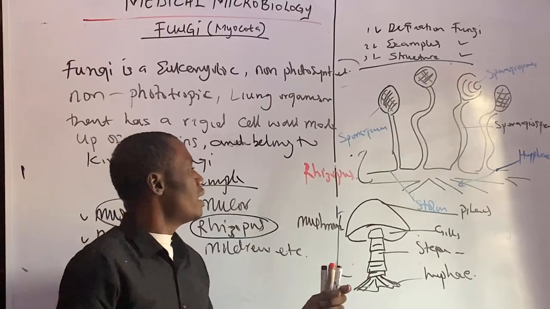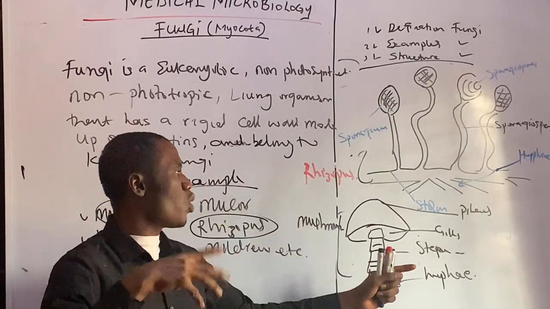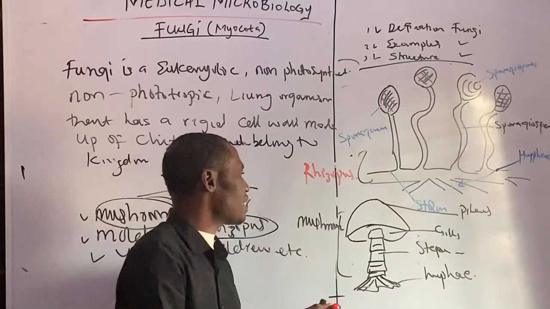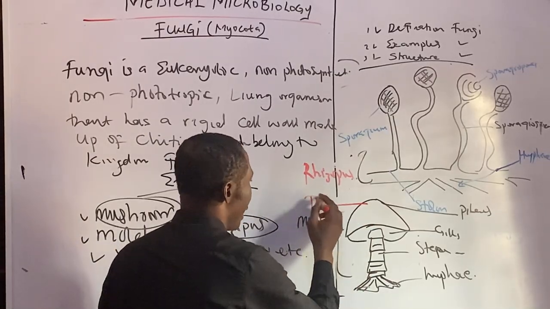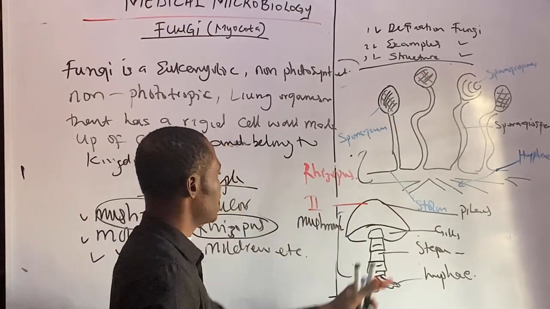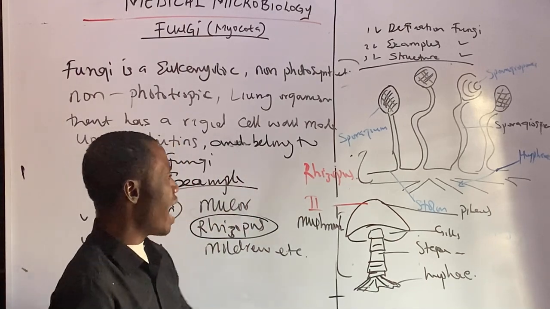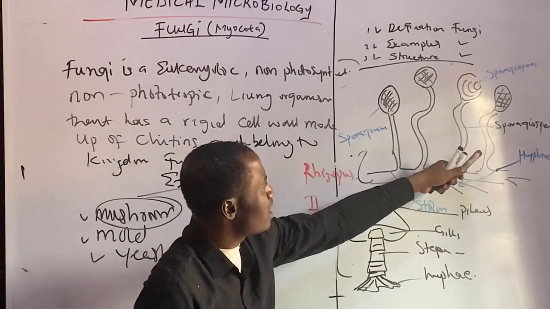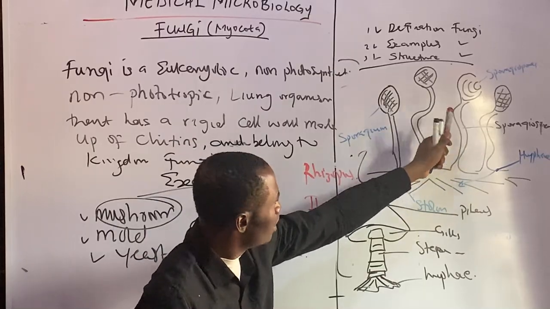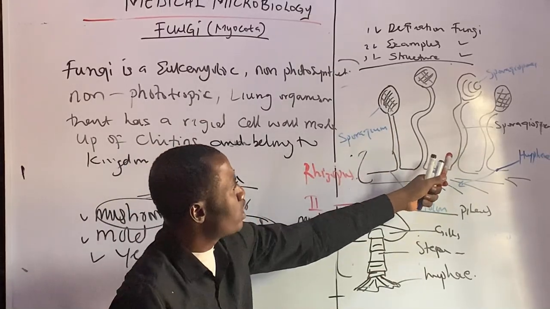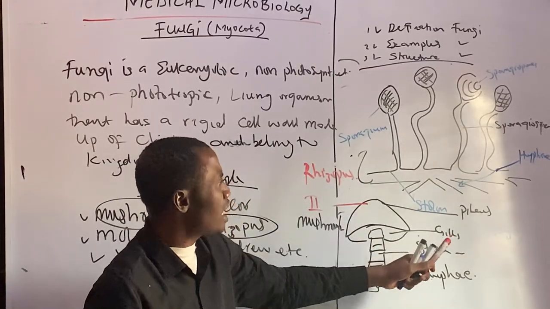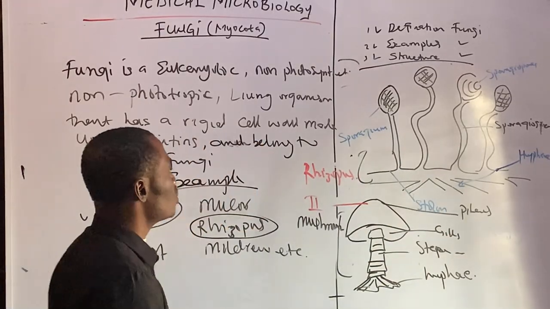Meanwhile, this diagram came out in one of the UTME exams, and they were asked, what is the part labeled II? So this is pilus. If this one is gills, then hyphen, and then the stipe. Now, over here is the sporangium. This one is sporangiospore, all right? Then, this is the stolon, this is the hyphen. So we need to know that.